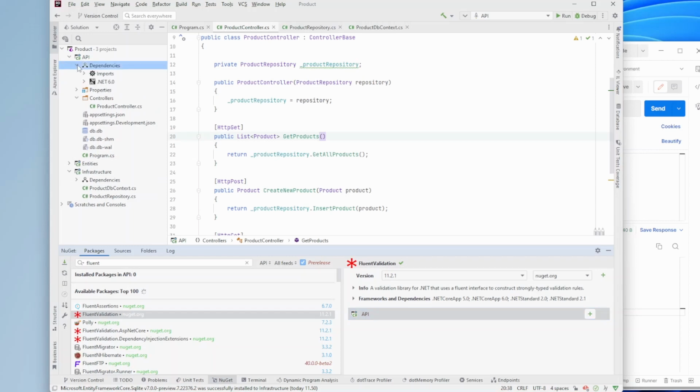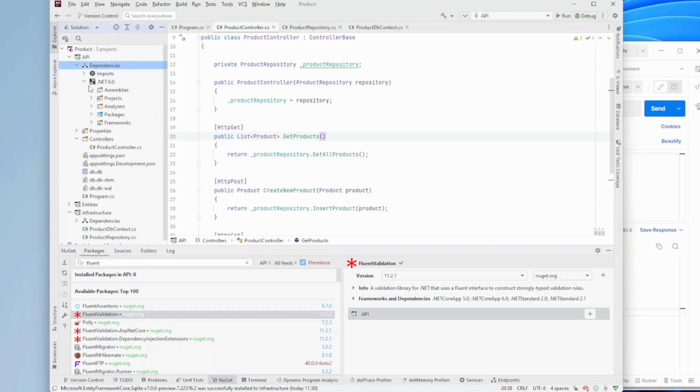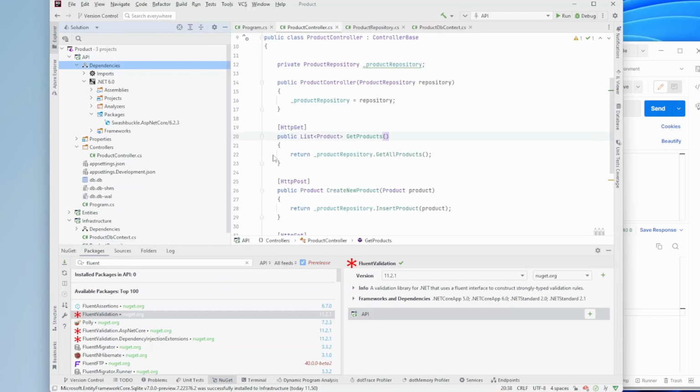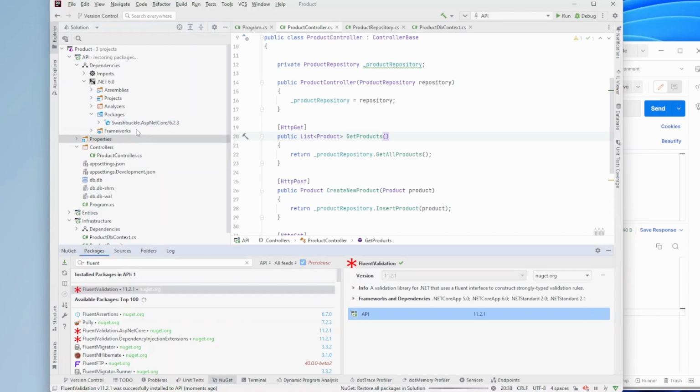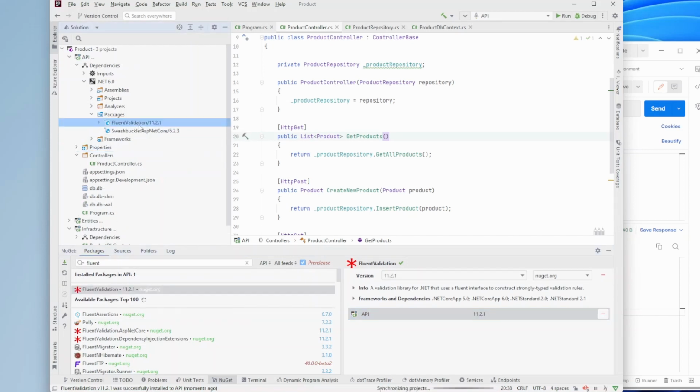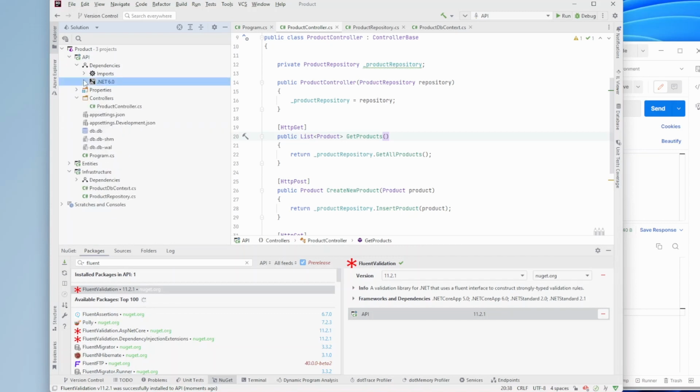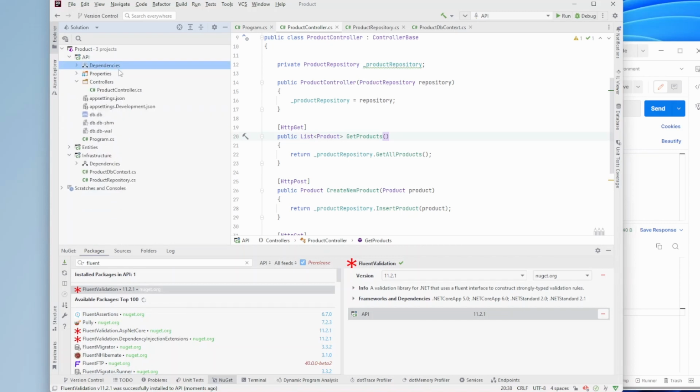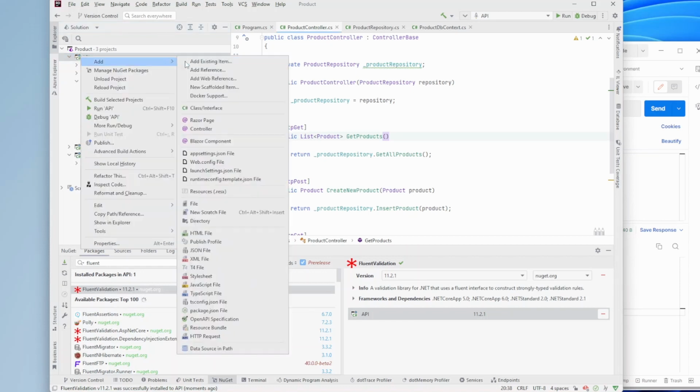And we can just confirm that we have an installation by going to packages, and we should be able to see Fluent Validation just in a moment. Yeah, here it is. It can take a little while to install some of these packages, so you might have to wait just a little bit. If we minimize this one and just make a new class, and we can call that class